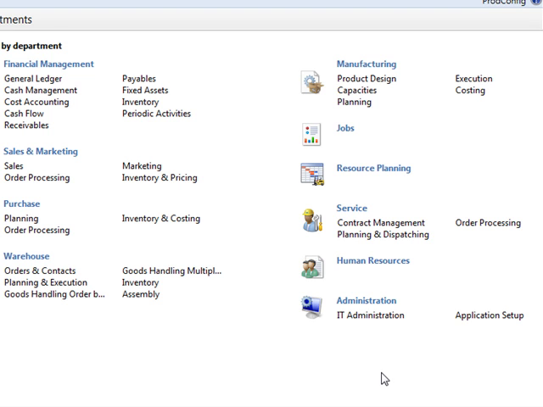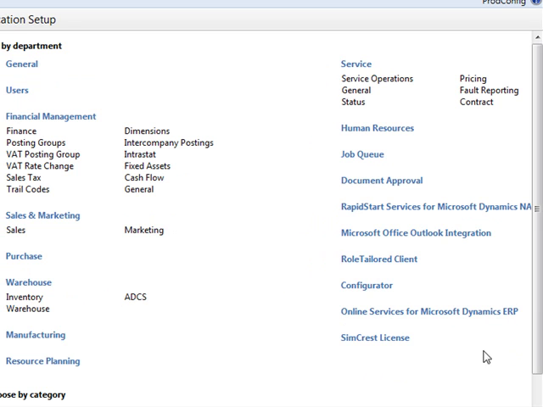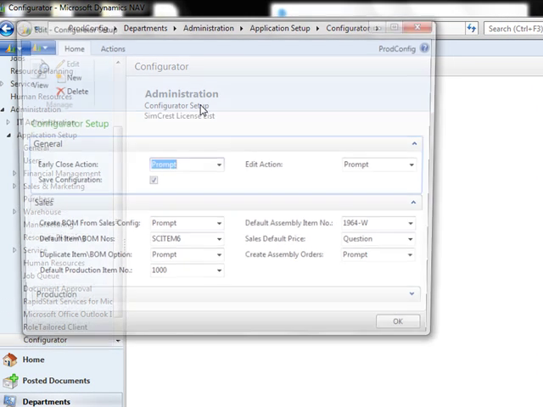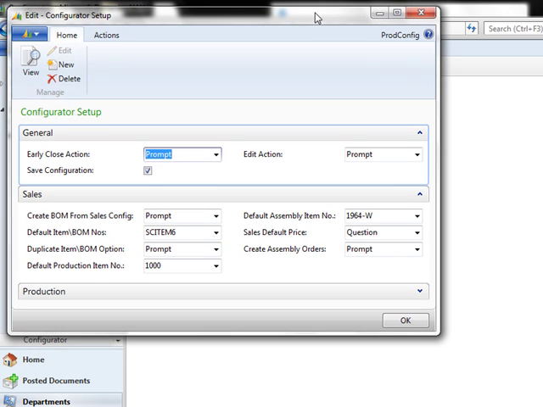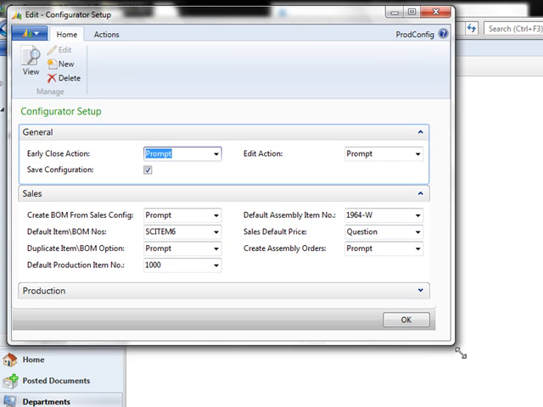The product configurator was designed so that components can be added together to comprise a unit. It is also designed to enable a user to customize a particular item. Today I'll show you how we do that. First, we go to Application Setup, Configurator, Configurator Setup. What we do here is set up the questions that will be asked of the user as they